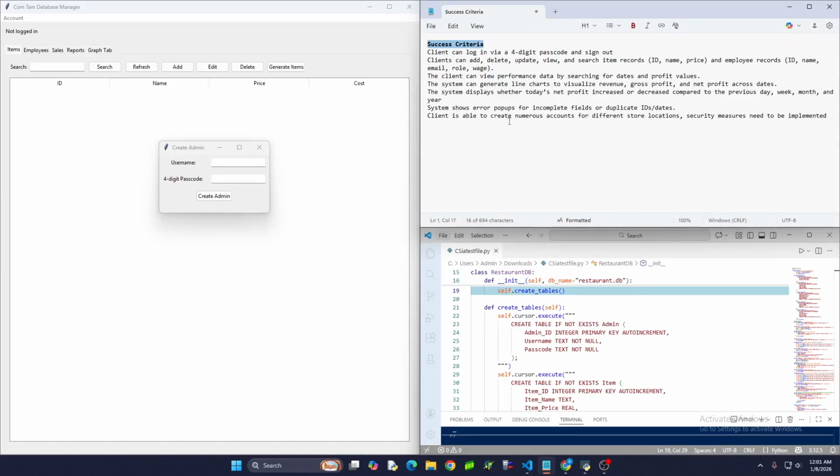Welcome to the Gumtam Restaurant Manager. This is a desktop-based restaurant management system coded in Python and SQL. I made this application for my client, Miss N, to alleviate the difficulties she has faced when documenting financial records